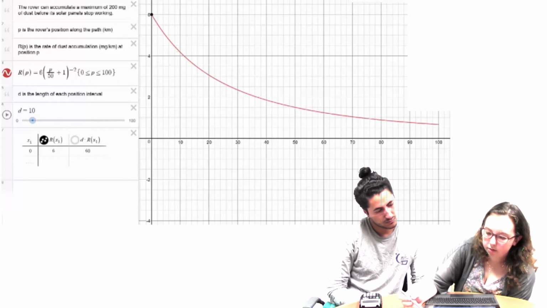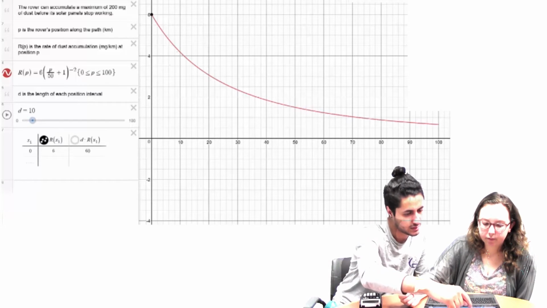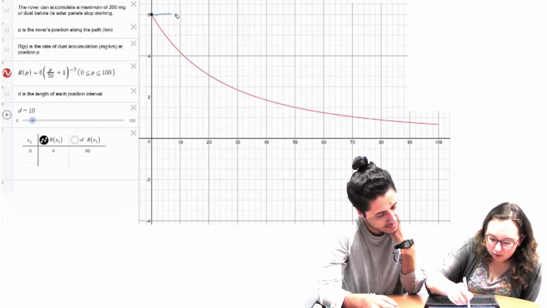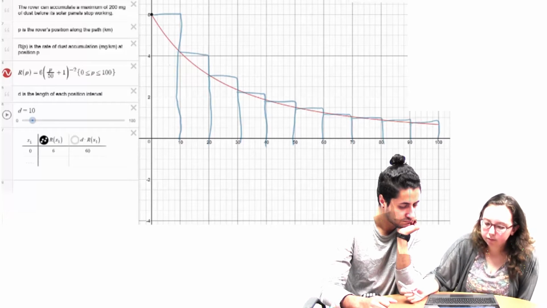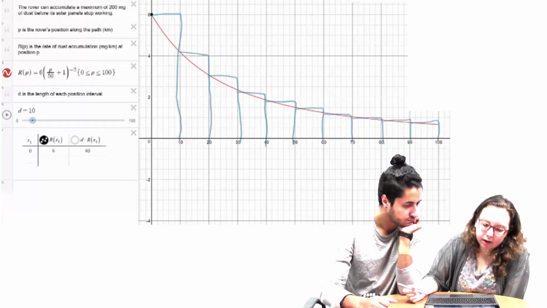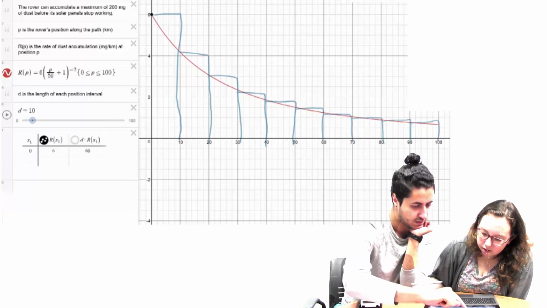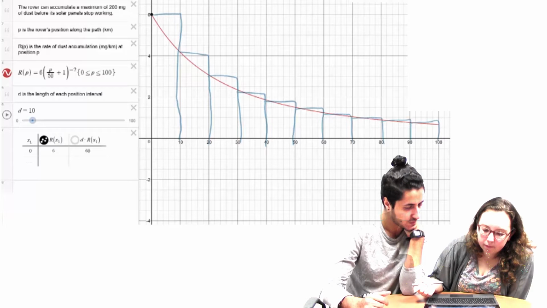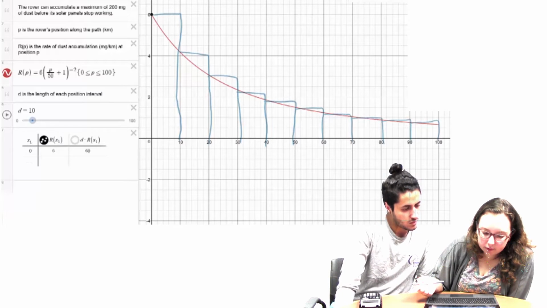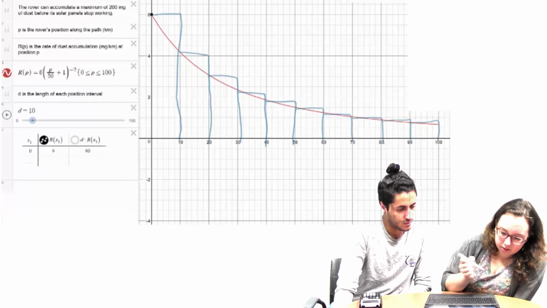Okay, so I guess we could try to draw these in. So it'll be like here down. So that one's a left Riemann sum because we took the left points. I think if you can see here, we'll have overestimates in this case. Okay, so in the chart, if it's length 10, we can fill in